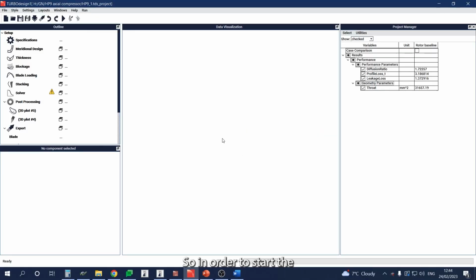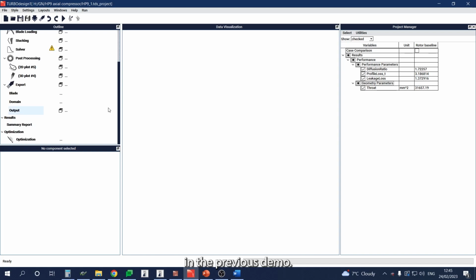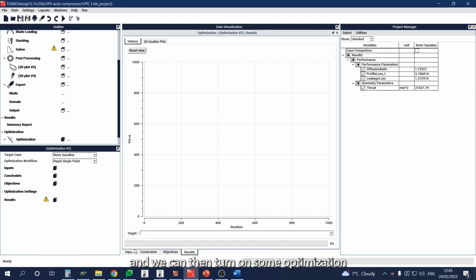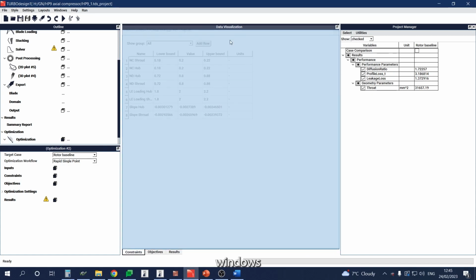So in order to start the automatic optimization of the rotor in Turbo Design 1, we start by loading the baseline rotor case, and we showed how to set this up in the previous demo. And so we can first start by adding the optimization, and in the target case we can see the rotor baseline has been selected, and the optimization workflow is rapid single point, which is basically direct optimization based on the MOGA approach. And we can then turn on some optimization windows